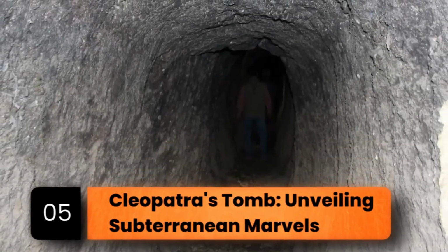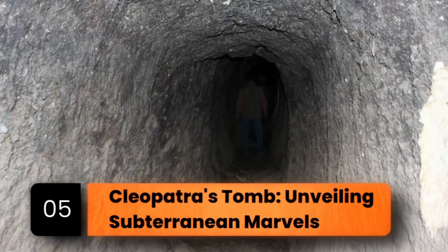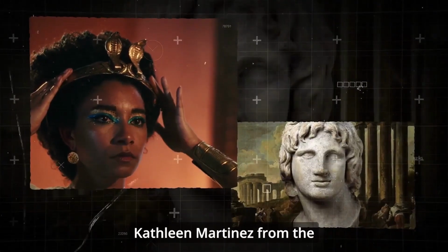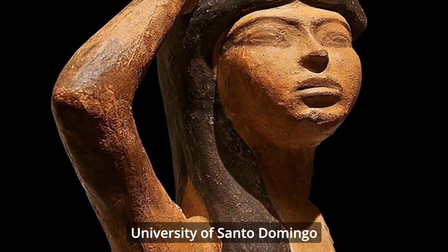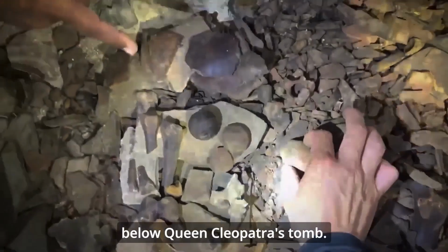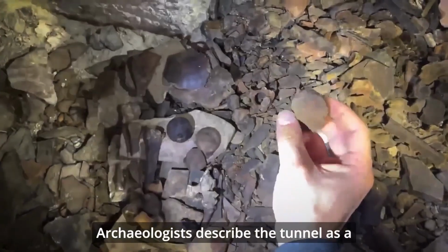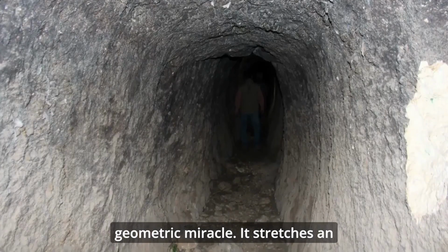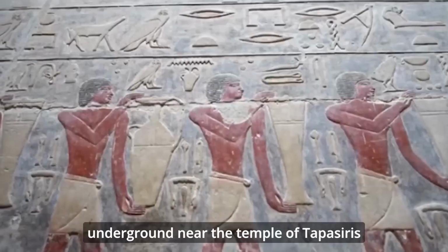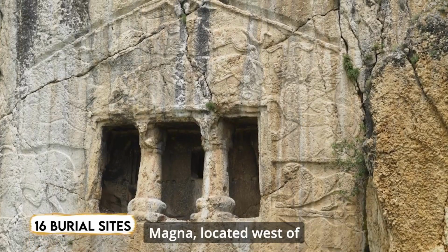Number 5. Cleopatra's Tomb, Unveiling Subterranean Marvels. A team of archaeologists led by Dr. Kathleen Martinez from the University of Santo Domingo discovered a massive ancient rock tunnel below Queen Cleopatra's tomb. Archaeologists described the tunnel as a geometric miracle. It stretches an impressive 4,300 feet and is carefully carved 42 feet underground near the Temple of Taposiris Magna, located